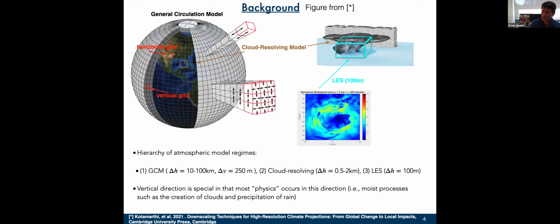And the grid resolutions that are used for climate are on the range of 10 to 100 kilometers. Between those, that delta, I call it delta H for horizontal, whereas the vertical direction, which is like this red, sorry,